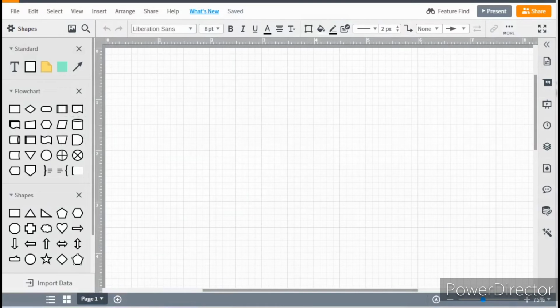Okay, so I want to say that it doesn't matter what you use to map your plan or outline out. What I'm using here is a software. It's an online web application called Lucidchart. That's lucidchart.com. Now, if you're not a visual person and you would prefer to use something like Notepad or a piece